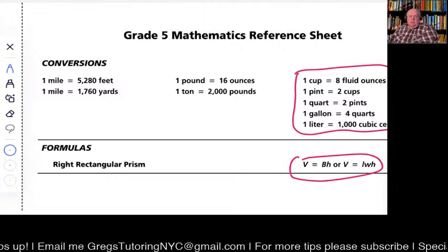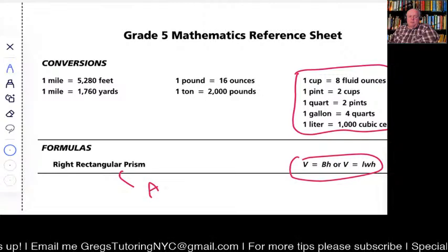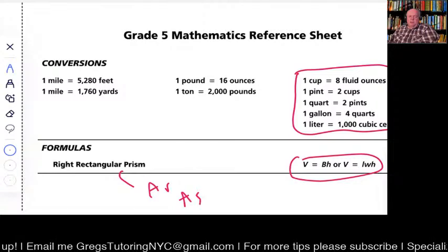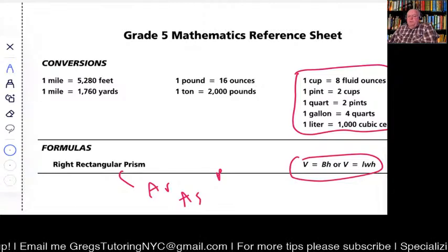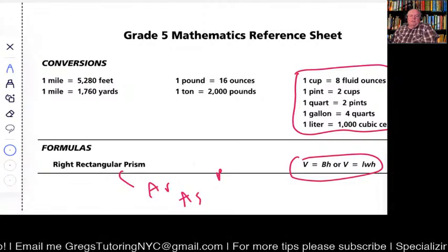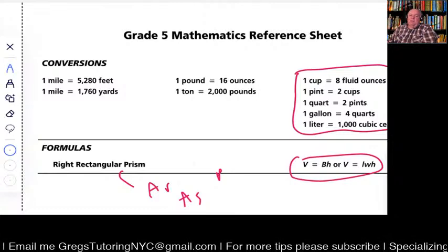okay? That you should know the volume of a prism, which implies that you should know the area of a rectangle too, okay? You should know the area of a square, right? You should know the perimeter of your shapes. You should know all your geometric shapes up until with polygons of sides 3, 4, 5, 6, 7, 8, 9, 10. If you can get all those down pat, first of all, you're gonna be tested on them repeatedly, and